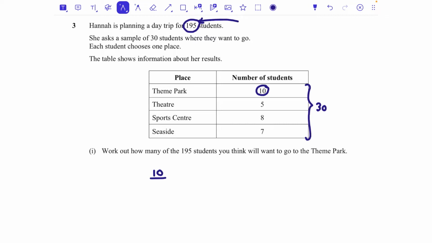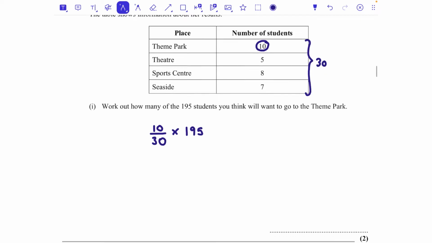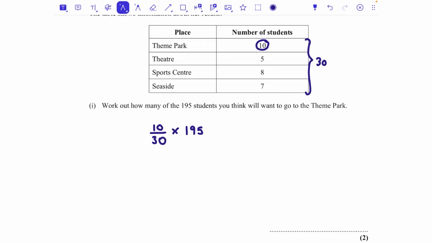So if 10 out of 30 chose theme park, we want that fraction of, is times 195. Equally, you can just say, well, it's a third, so I could just divide 195 by 3, and that would make sense as well. So whatever way you want to do it, you can just type that in your calculator like that, or just do 195